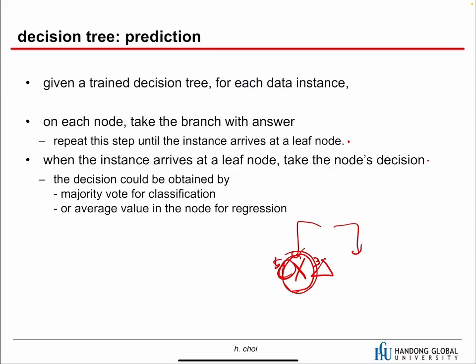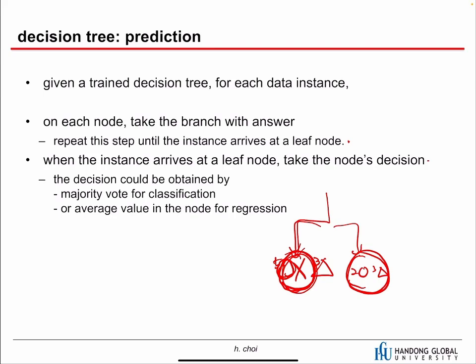Then we can define this leaf node as a circle. And in this case, if we have 2 circles and 3 triangles, then we can define this node as a triangle class. Okay, so in that case, we can just simply follow this flow, and then we can classify the